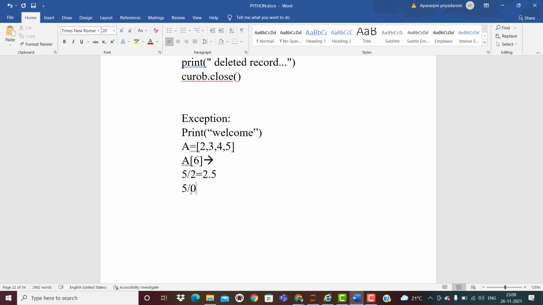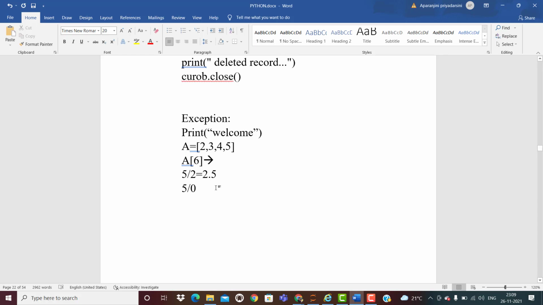These types of exceptions we are going to handle in Python using the try, except, and finally keywords. With these keywords we are going to handle them in Python.